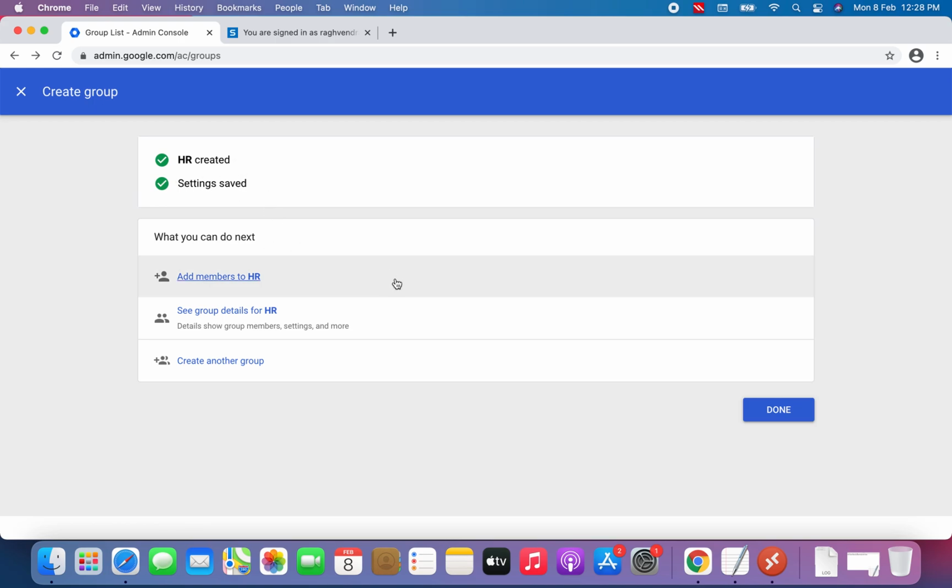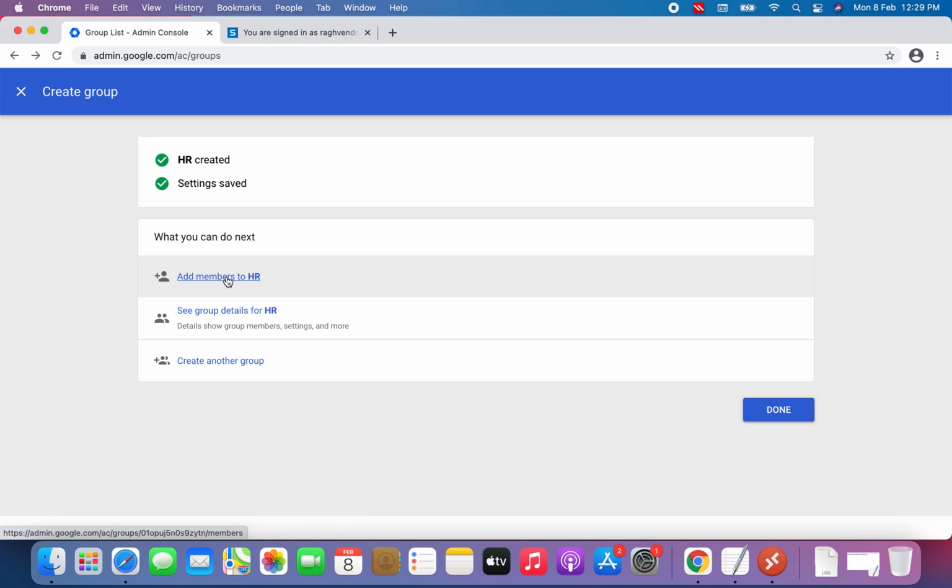Now it is asking to make members of this particular group. There are two ways of adding users to a group. When you create the email ID, it asks to add it to a group, and at that time you can add that particular email ID to the group. Or, once you create the group, it asks to add the members like this here, or you can add manually one by one.